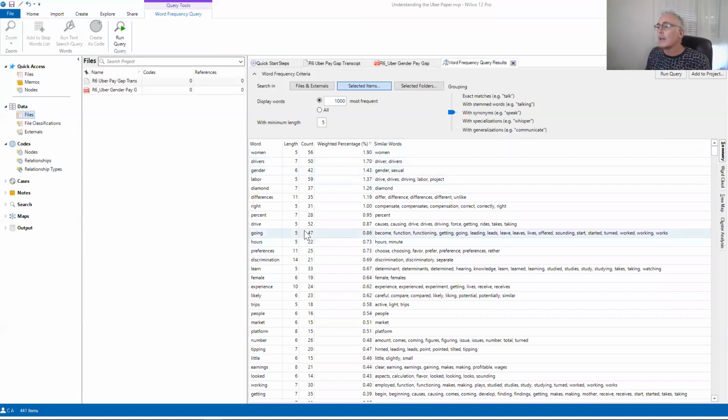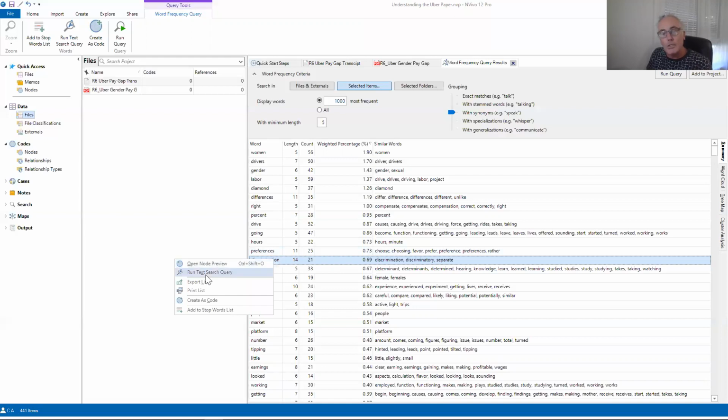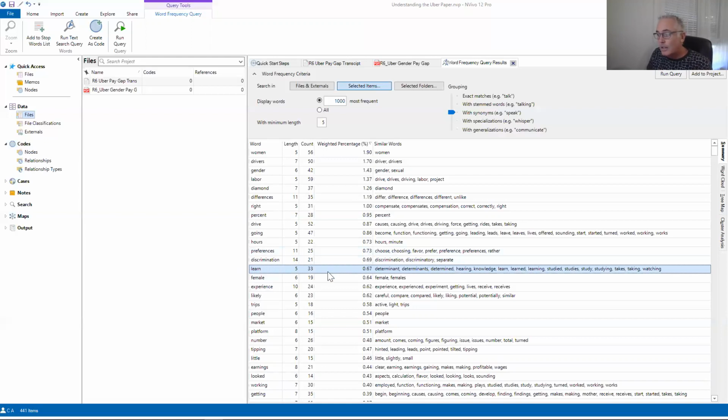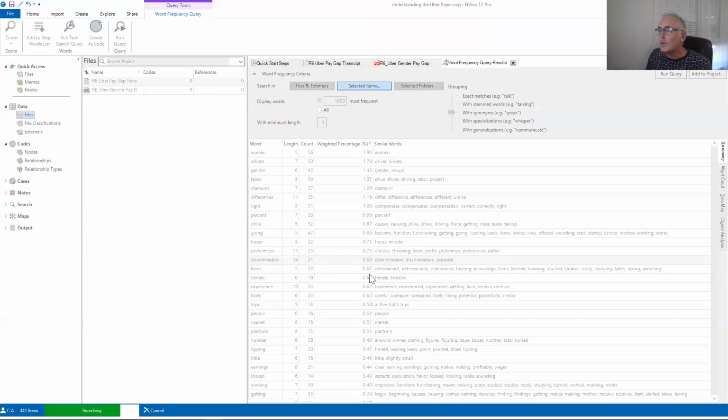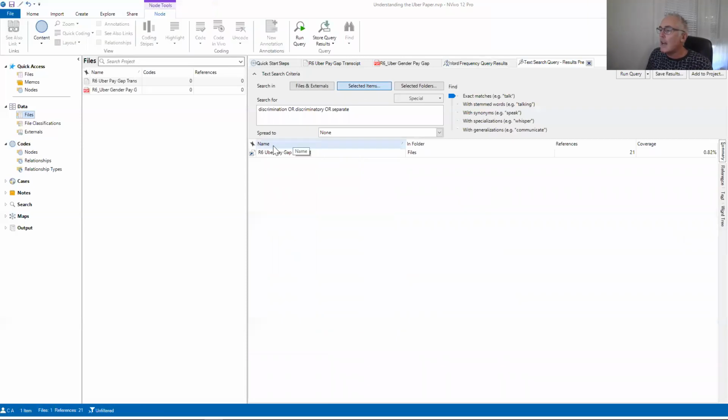So where we go here, I look at this word, I think differences, maybe different. No, I want to know how discrimination fits in. Maybe the word discrimination is something. There's 21 instances of discrimination. I say, okay, how does that turn up in my document? The beauty of that is you put it into a text search query, right click. Text search query, and you run a text search query on there, and it brings up your own reading. That's a little shortcut, isn't it? Brings up your own reading with